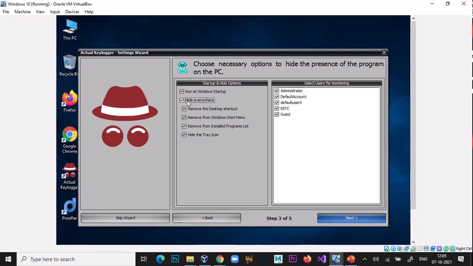If you select this option, this keylogger is hidden from everywhere on the victim's computer. So first of all, you have to access the victim's computer, then install that keylogger onto that system. So I just click run at startup.